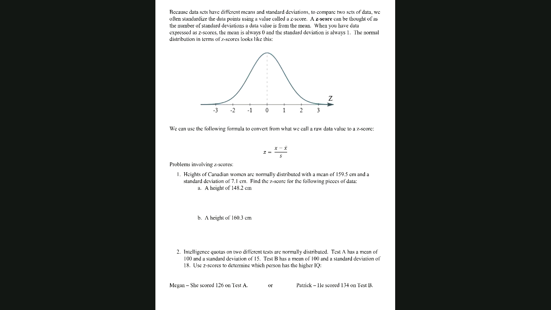All right. Let's talk about a couple more things. Because data sets have different means and standard deviations, to compare two sets of data, we often standardize the data points using a value called a z-score. Usually the value before you standardize it is called a raw score. And the reason why we do this is that z-scores can help us compare things that are basically different. If you have one set of data and you look at another set of data,